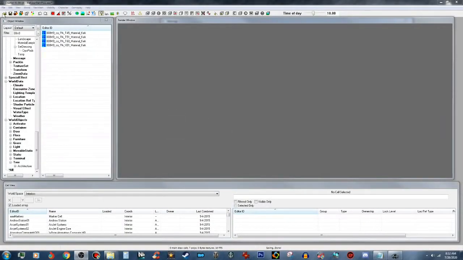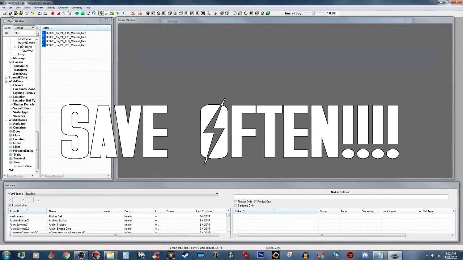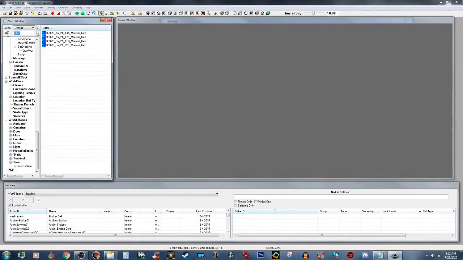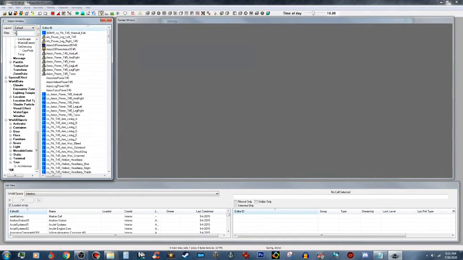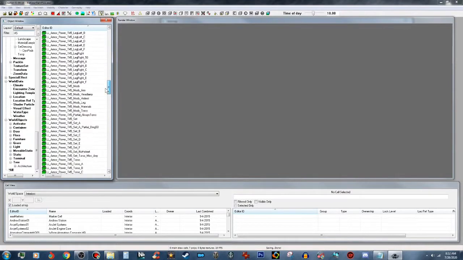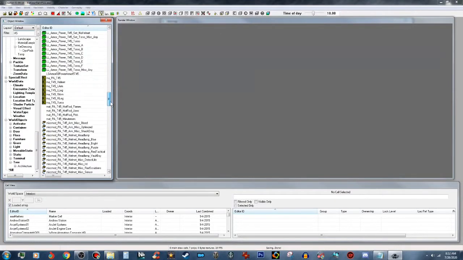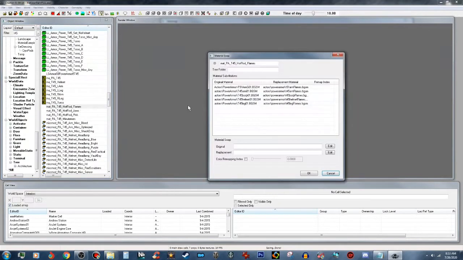Alright guys, if you haven't done it yet, save your work. Okay, now we're going to do our material swap. So same thing, T45, and you want to move down, and you'll see this right here. We're going to use the hot rod flames for this,